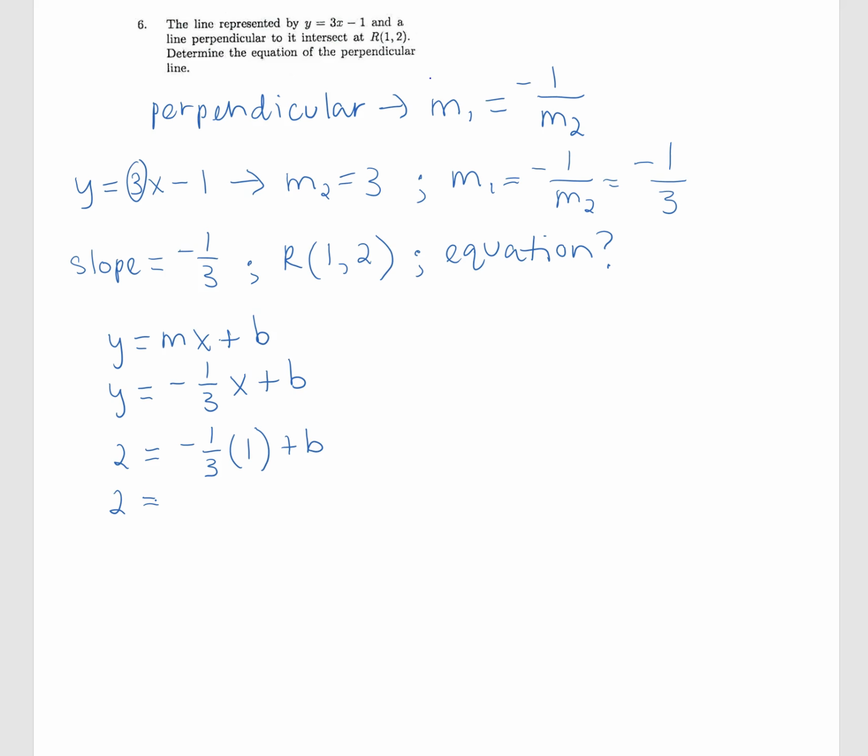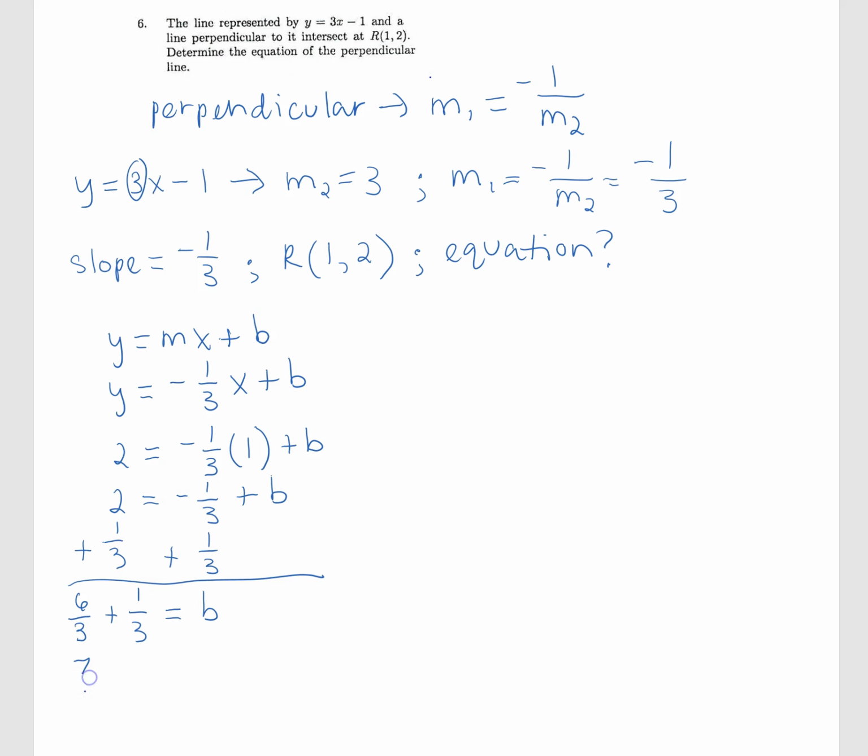So negative 1/3 times 1 is just negative 1/3. I have plus b here. So now I'm going to add 1/3 to both sides of my equation. Okay. And so what I have on the left, I have 2 plus 1/3, and I can rewrite 2 as 6 over 3, because 6 divided by 3 is 2. And I'm going to add 1 over 3 to that. That's equal to b. So 6/3 plus 1/3, so that's 7/3